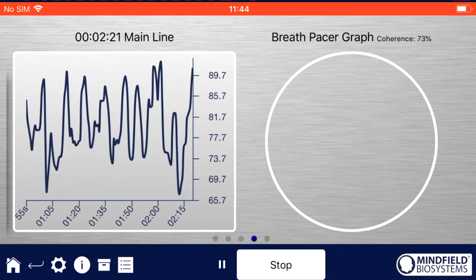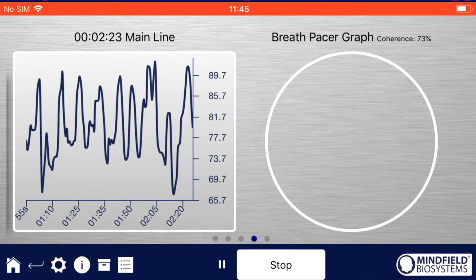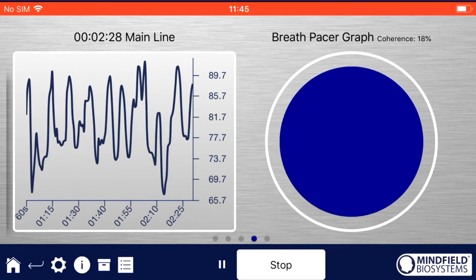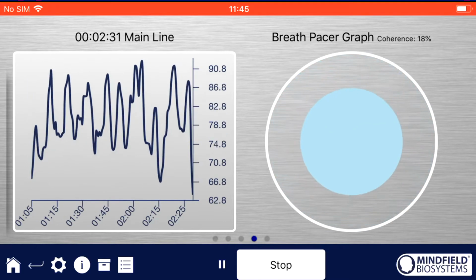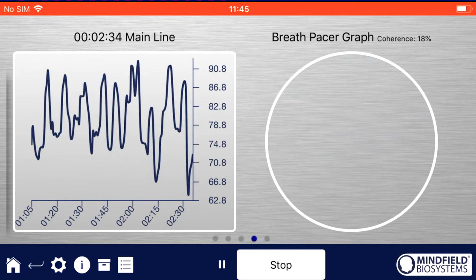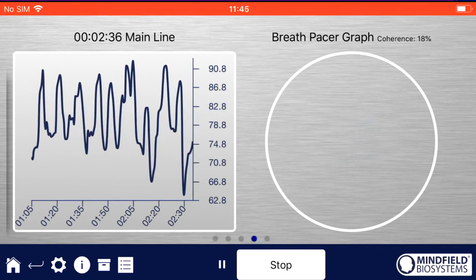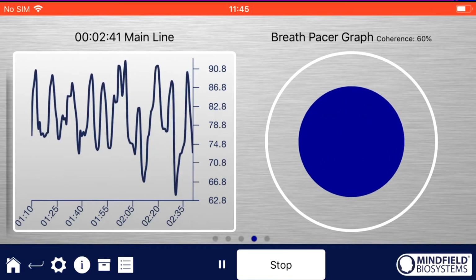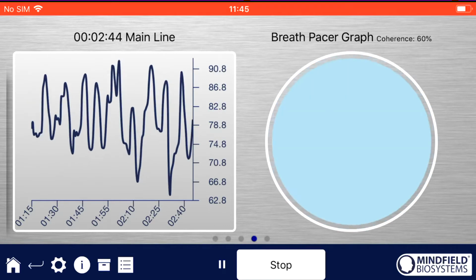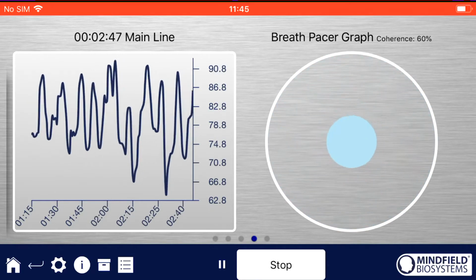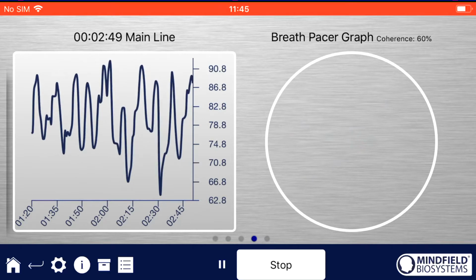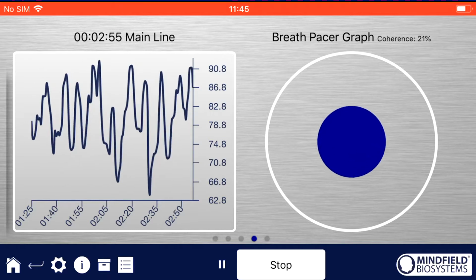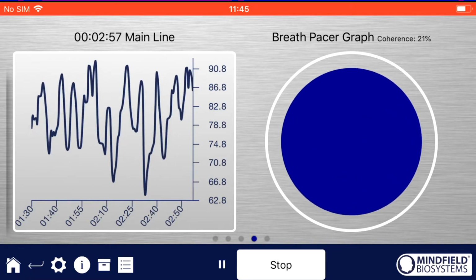When I go further, I can see here the breath pacer, showing me how to breathe in and breathe out. And the better I do this, the more coherence I get. You can see at the top right the coherence value, which is difficult to get a good value for now when I'm talking and explaining. But here you have the breath pacer, and you can customize the breath pacer in the